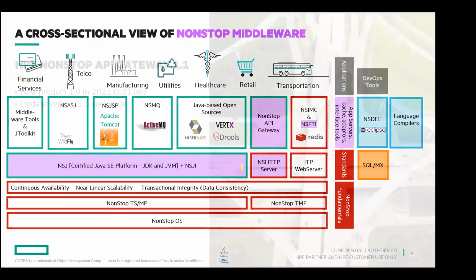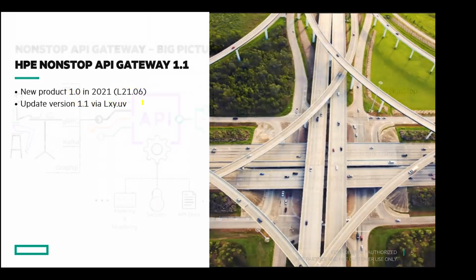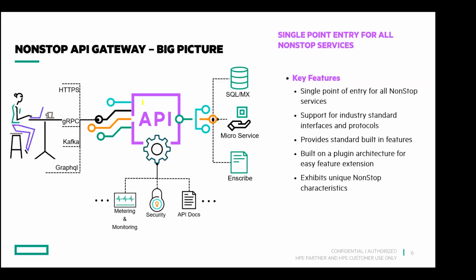Okay. So now the API Gateway. API Gateway is an important product that we released in June, in 2016, in last June, that is this year, June, as 1.0. And we will be releasing this version called 1.1 shortly. In the very near future, when this RVU called LXYUV goes out, you will get the API Gateway 1.1 version. I'm not fixing any numbers for X, Y, U, and V because the RVU is not yet released. Okay, what is API Gateway?